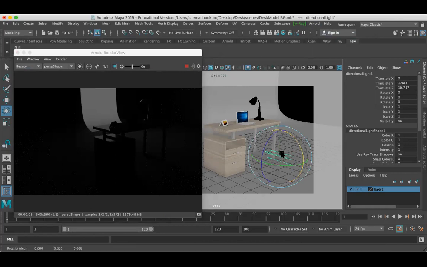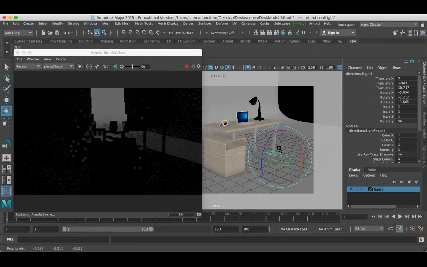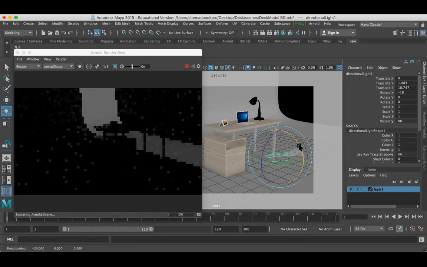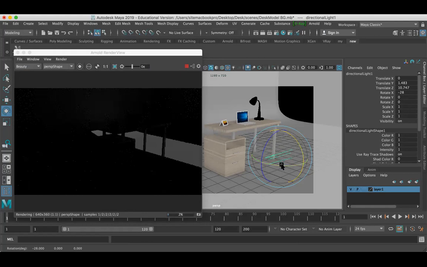Don't select the center here, and don't move it. To work with the rotation tool, you have to select the axis. The red color is the x-axis, green color is the y-axis, and blue color is the z-axis. So select the axis and rotate your light.